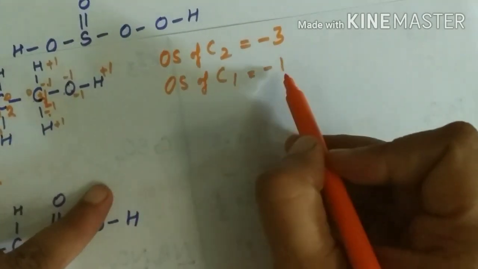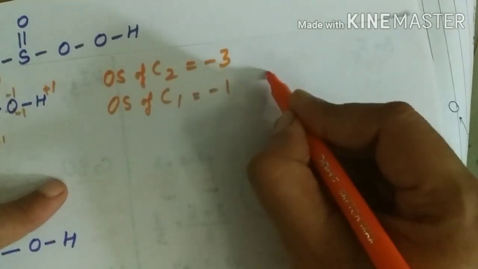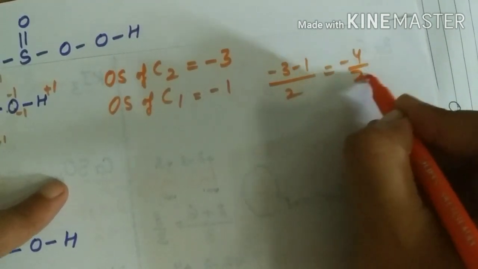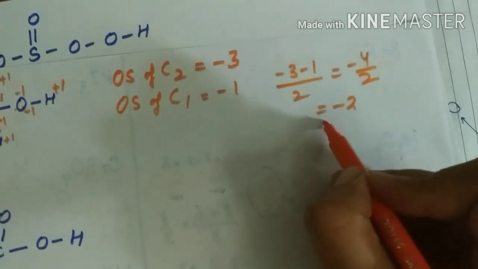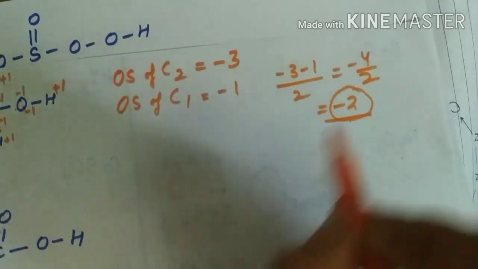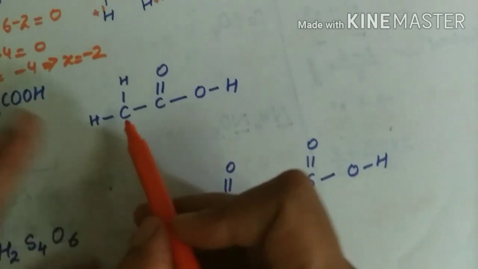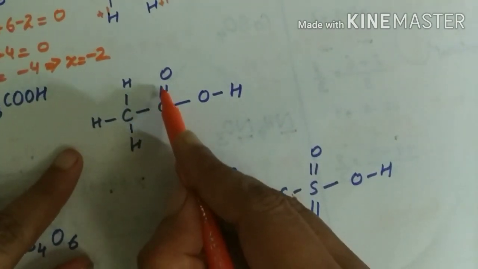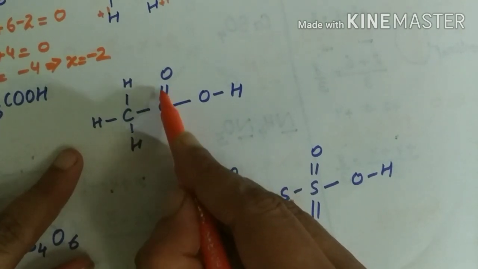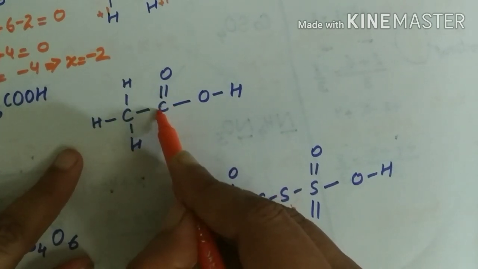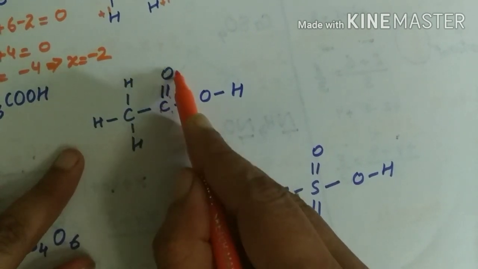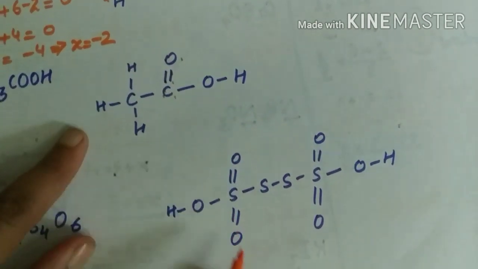Now if we see the average of this, you can see the total is -3 -1 divided by 2, so again it comes out to be -2. So this is the average oxidation state. Let us see another example here. This you try yourself. Here a double bond is there, and for each bond we will assign the oxidation state. For this one covalent bond, this will be assigned +1, this will be -1. For this bond also +1 and -1. So try to do it yourself.